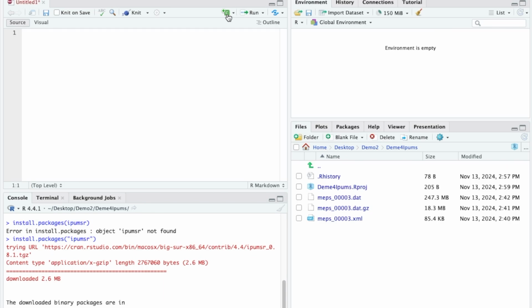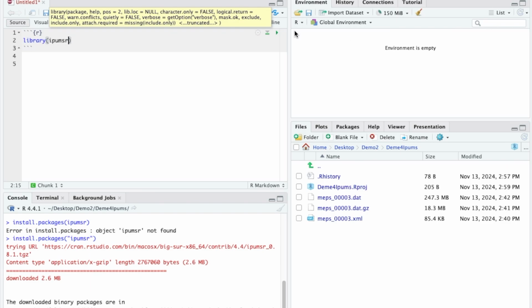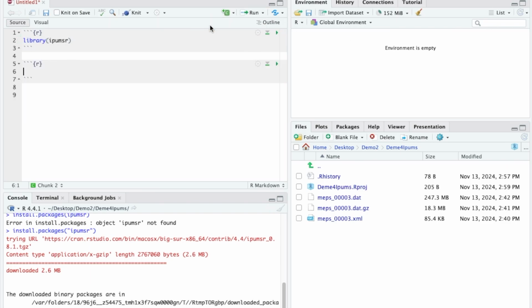So open up your brand new project environment in RStudio, load up a library called ipumsr, and then create a variable called ddi, and then have that read our .xml file. For example, mine's MEPS,